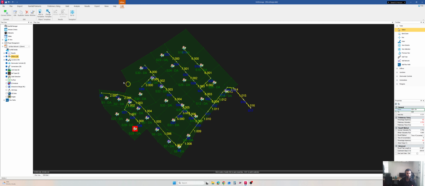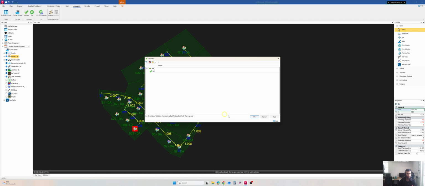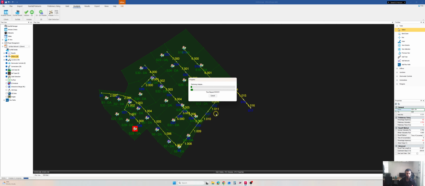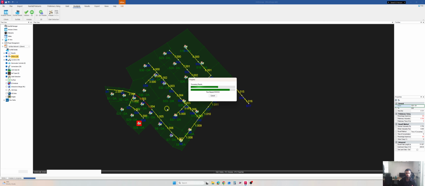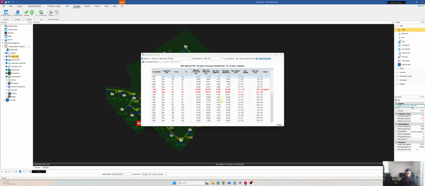Click OK, and again we are going to see the analysis. Validate, it's fine. Now run the analysis. This has run for more storms. Now you can see this was a higher storm event, so some of the pipes were surcharged, some are okay. And this is how we can quickly import the data into our InfoDrainage and then run the